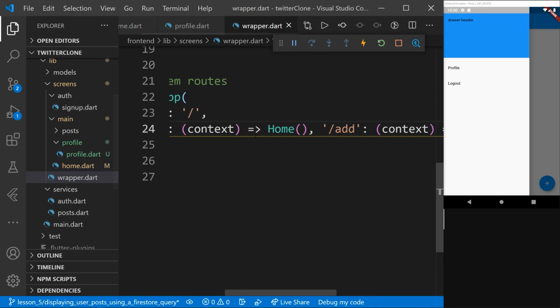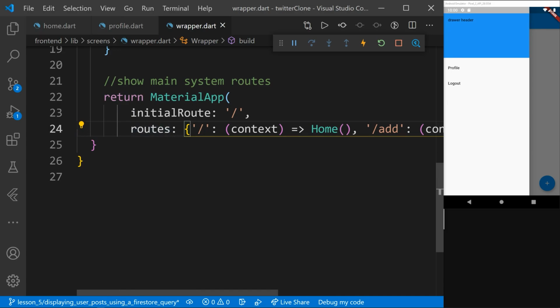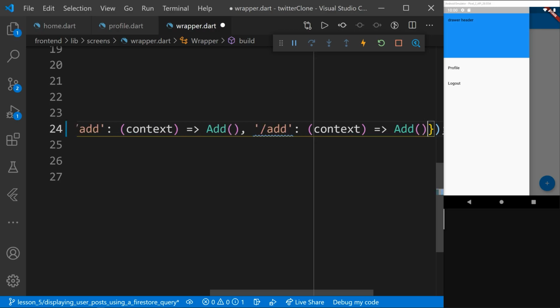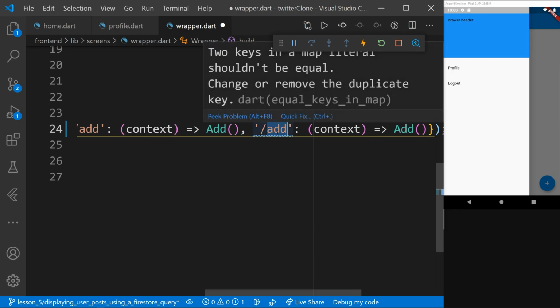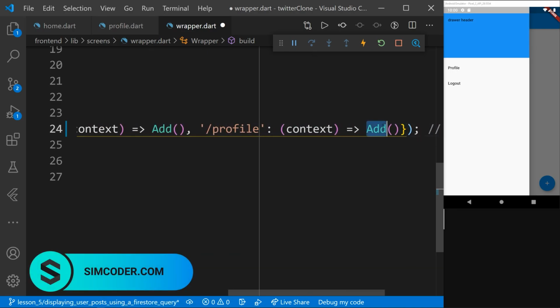So coming into the wrapper, as I've said, we must add our new routes to our main routes. These will allow us to, again, go into side routes, and otherwise we wouldn't be able to reach it. This is because we are using named routes throughout the app. If you were to go the other way around, where you just pass along the class directly, then you wouldn't have an issue. But I really prefer named routes, as I believe it is easier to structure out the project and makes everything cleaner. Okay, so in here, the route will be called profile, as I've already said,